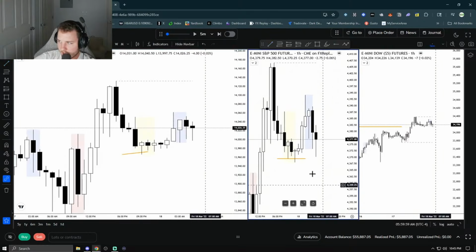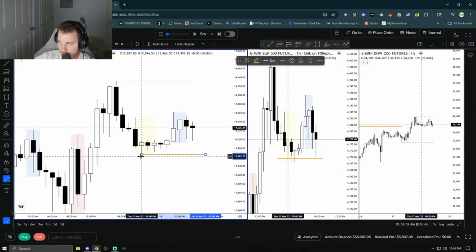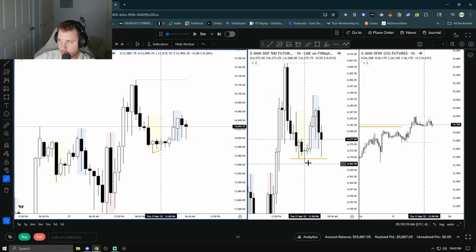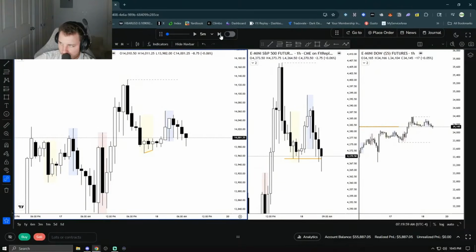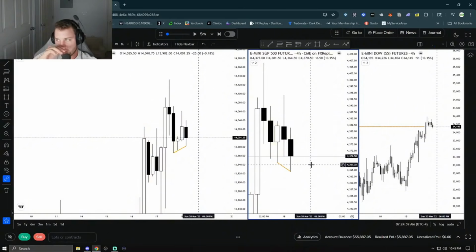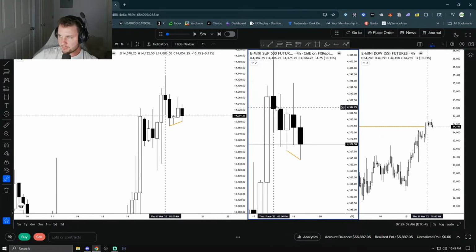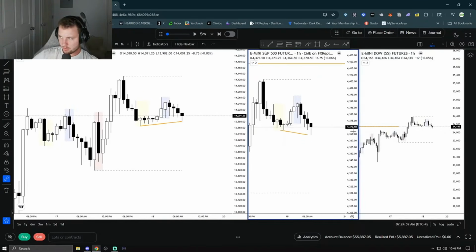Let's see what this, okay, so this looks pretty bad. I don't like the internals of this. It's not really at a key time. So I want to see this remanipulated for sure. Just like that. So now I really want to see us displace away. So if we get a 6 a.m. New York reversal, that makes sense. And we're inside this 4-hour gap. If you look at this, we're just retracing. So